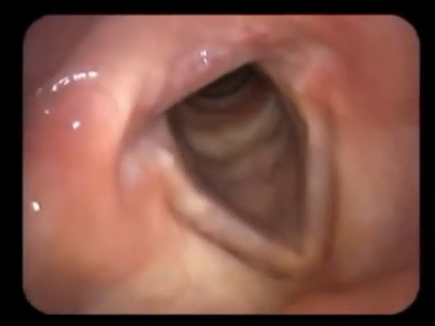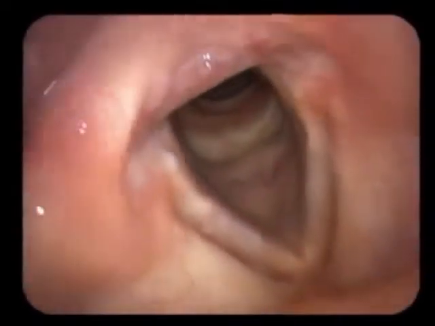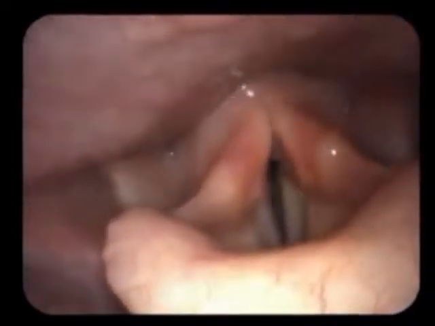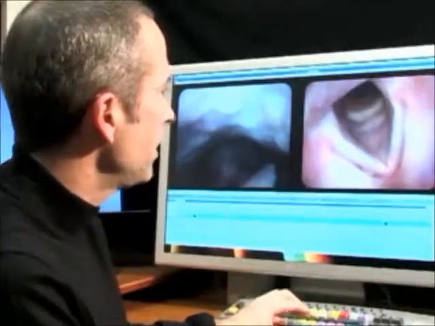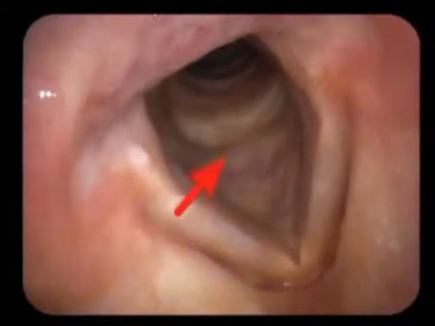We zoom in on the vocal cords, and I tend to watch them for a little bit while someone breathes because there should be some movement with breathing. It should be symmetric. We can compare one side to the other. And then I will have the person make a sound. And with that sound, we'll end up watching the vocal cords come together. That process is called abduction or opening and adduction or closing. And we bring them together to cough, to speak, and when we swallow, to close off. So basically the vocal cords are a valve. If we look carefully, we can often see below the vocal cords down several rings of the windpipe towards the